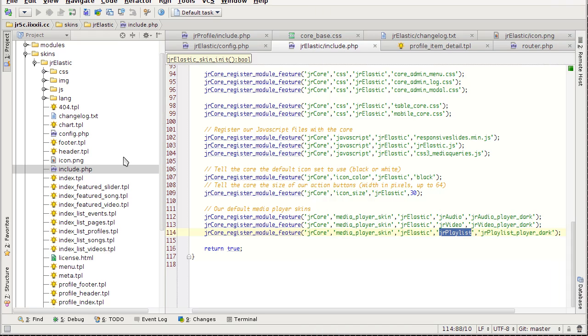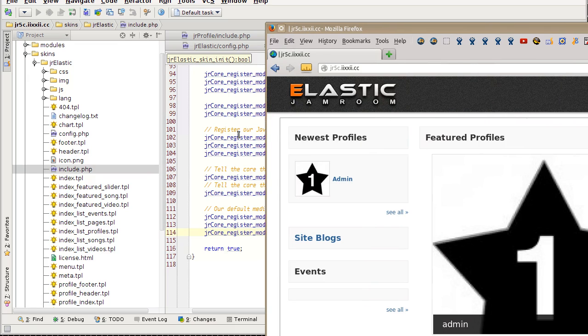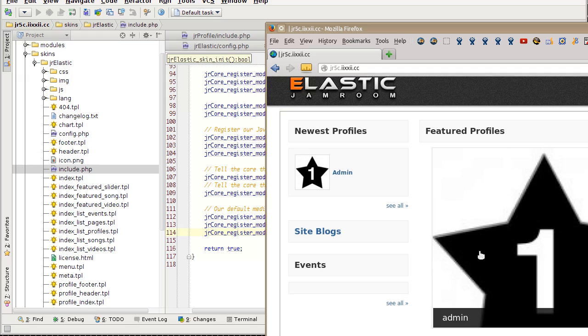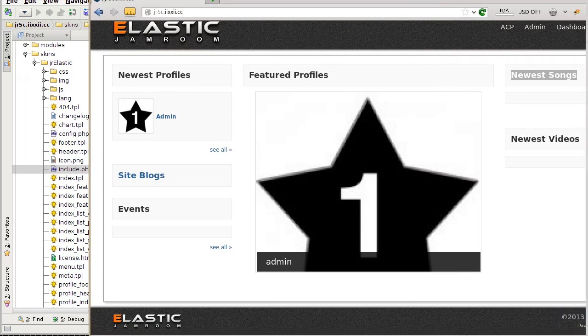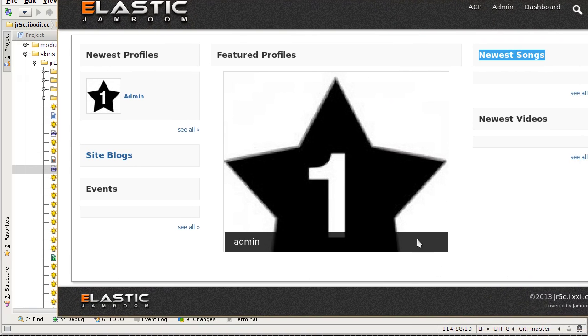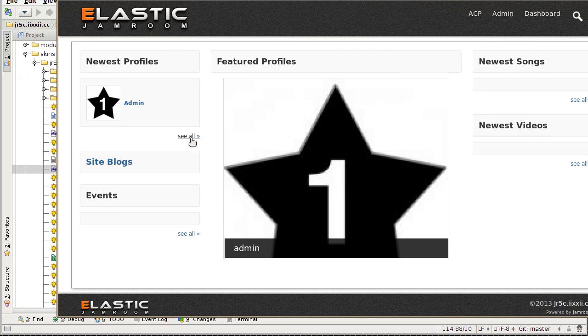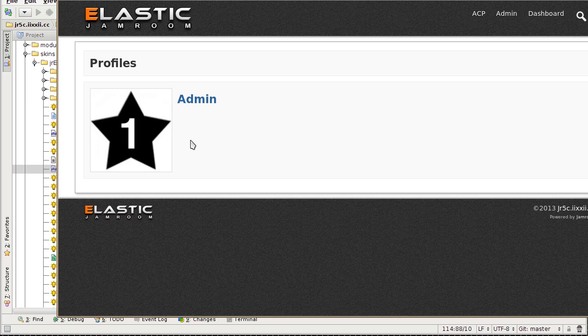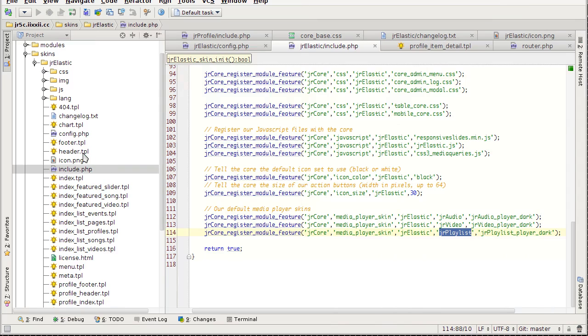Right, so a bit more of the structure. We've got a header template here, a footer template here, which corresponds to the header of the site and the footer of the site. The footer of the site, so it's just common no matter where you go. You've got the same section across the top and across the bottom. If you go and have a look inside it,